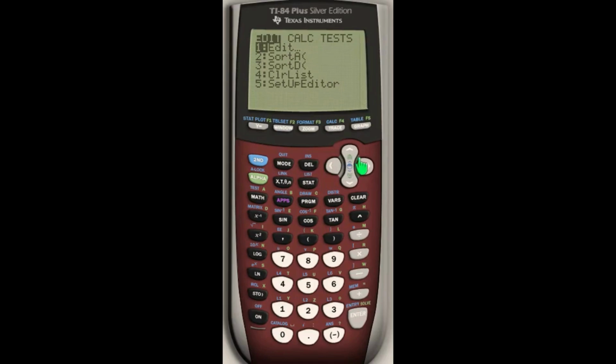I'm going to go to Stat, Tests, and LinRegTTest because in order to check the residuals, I need to compute the regression line's equation, right? So I'm going to do that. And I notice I have list 1 for my X list, and for my Y list I have list 2. I actually don't want that. List 2 is my original Y values. I want my transformed Y values, which are in list 3. I'm going to go all the way down to the bottom, skip over all this stuff, and we compute the